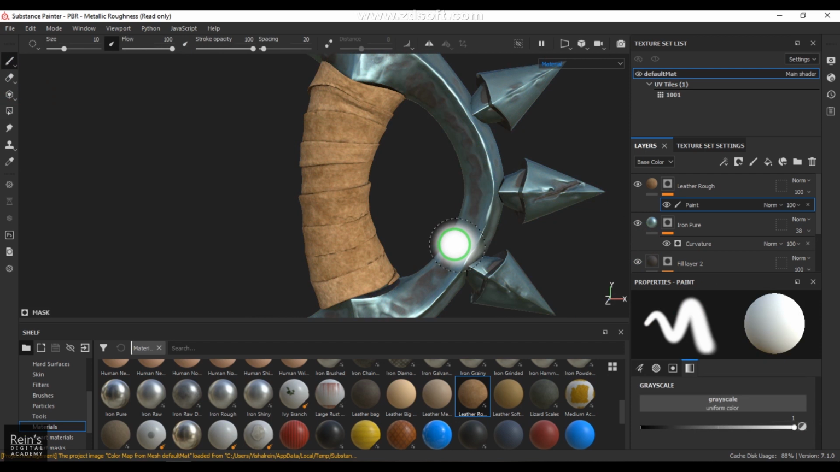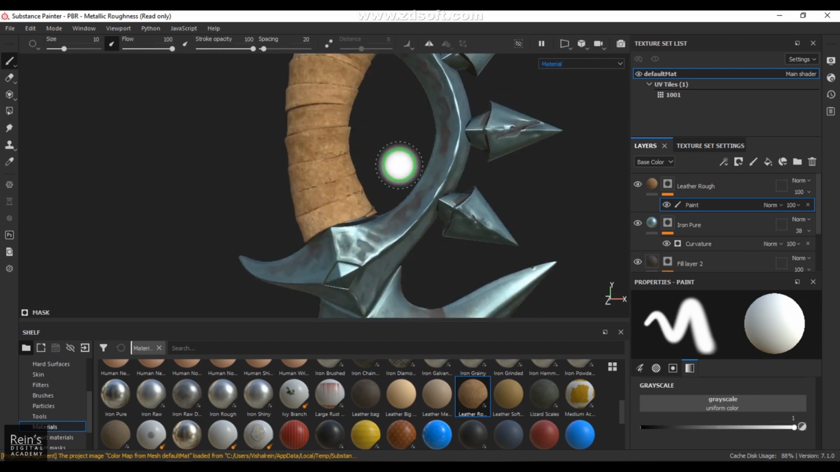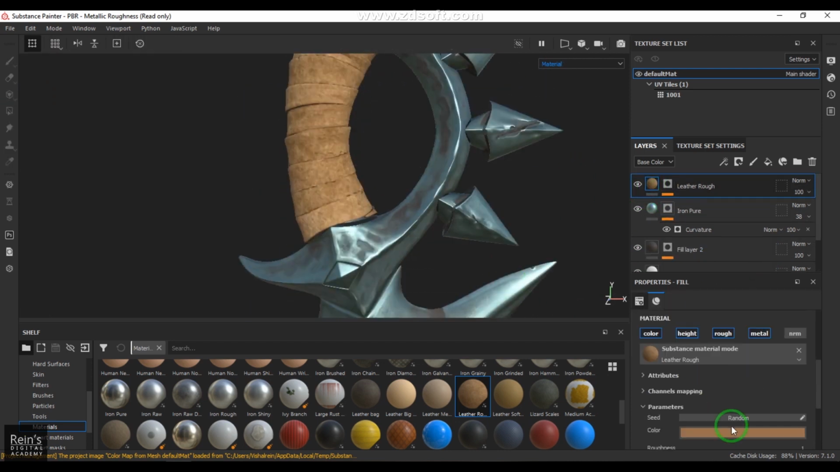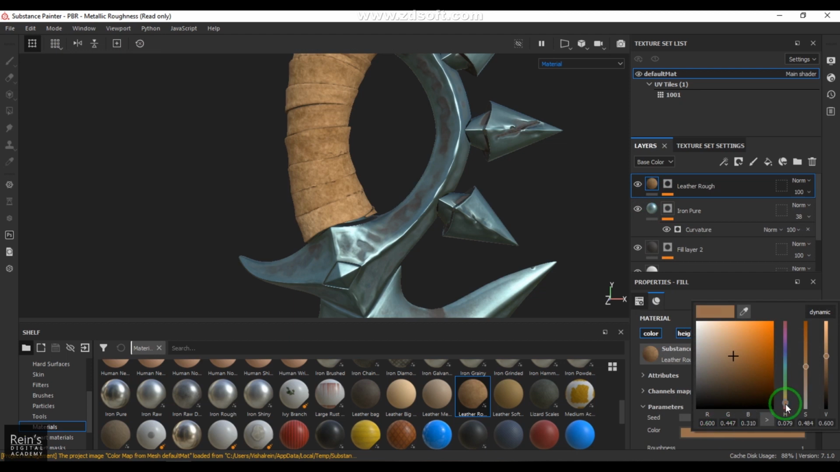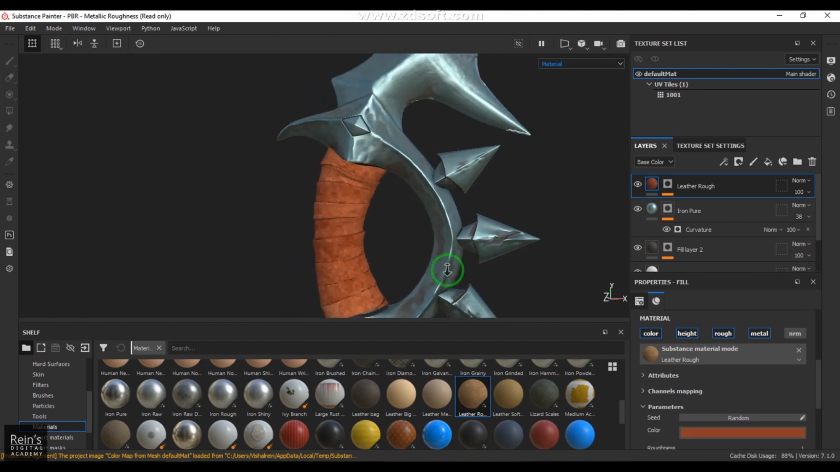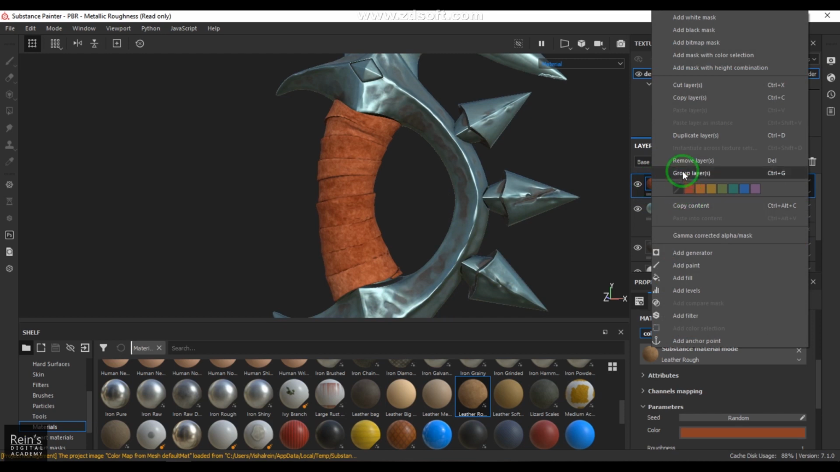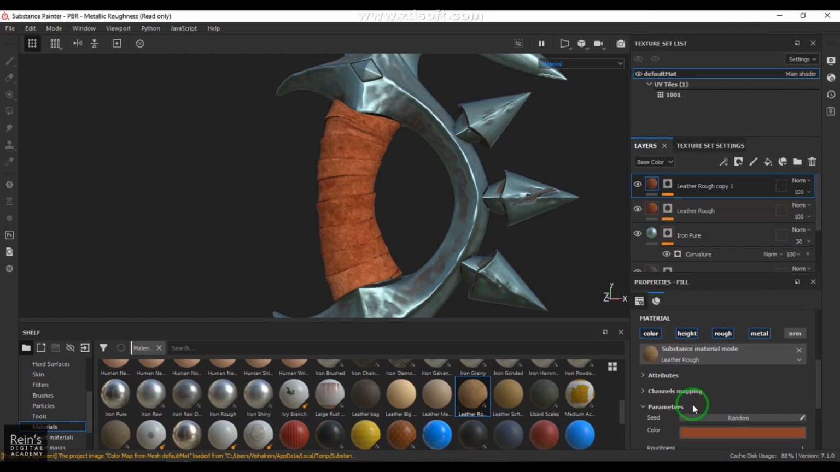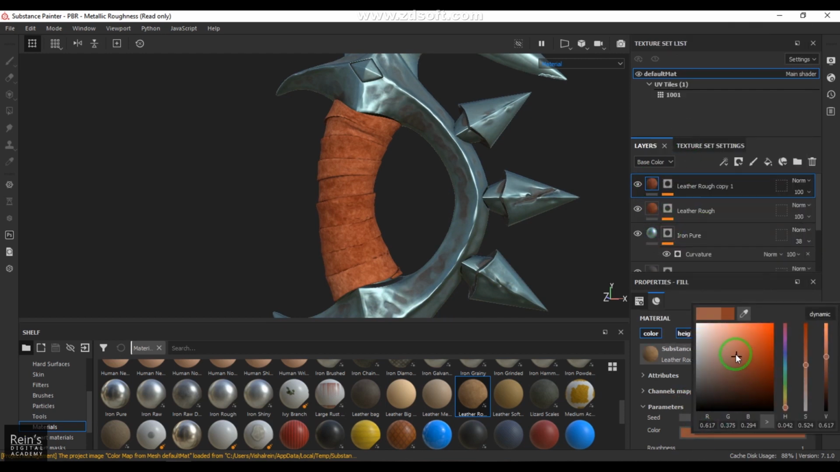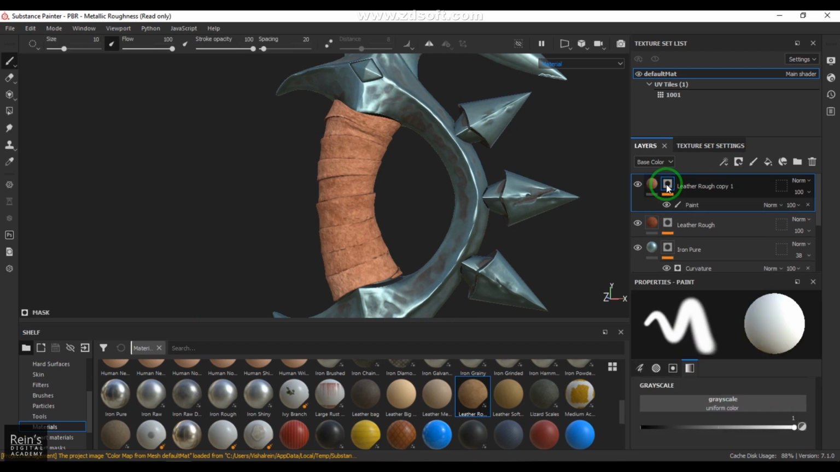Now you select the leather and you have the color given, so choose that color closely to the reference what you have there. You can always have a copy, so I'm selecting this layer, I'm duplicating it, and I'm just adding a slight light color there. Okay, and then in the layer mask we will add a generator